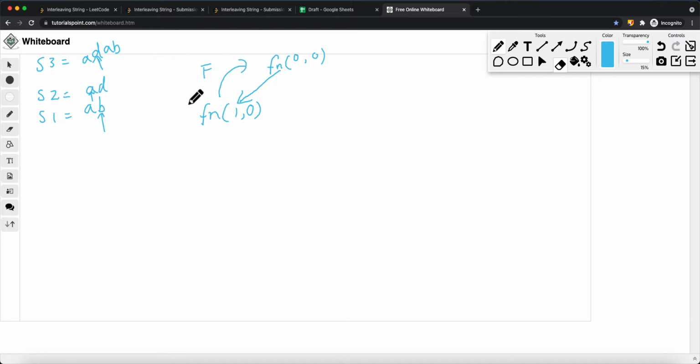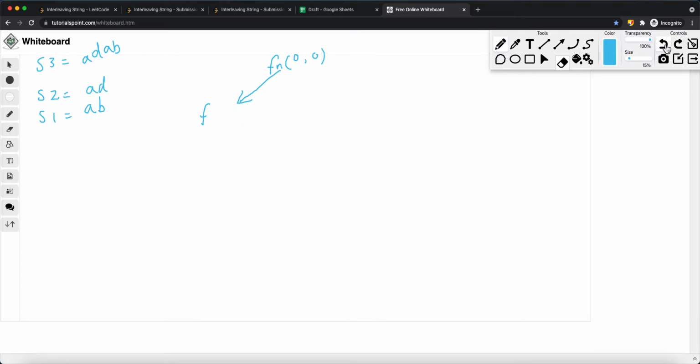And of course, we will also have to save this in maybe some kind of 2D array table, where this is the row and this is the column, and then we store that this is going to be false. So that in this case, let's say somehow in the future we have a bigger example and we revisit that situation again, we can retrieve that from our cache. And now we're going to backtrack